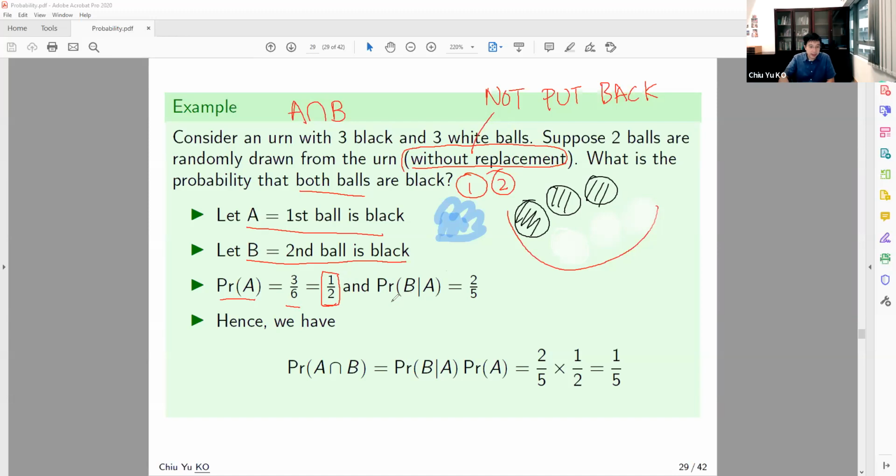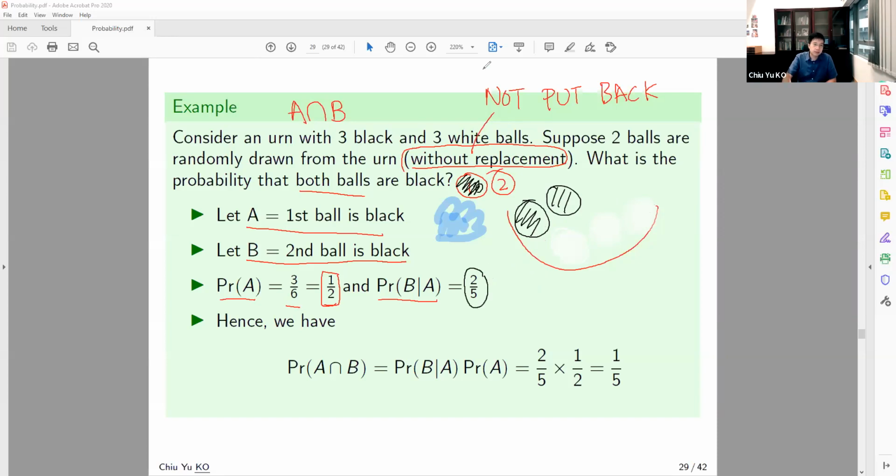And the second we want to ask is B given A. Suppose the first is black. What is the probability the second is black too? If you draw the first ball and it is black, it's gone. So what you have left is 2 black and 3 whites, and out of 5 balls, you get the black ball will be